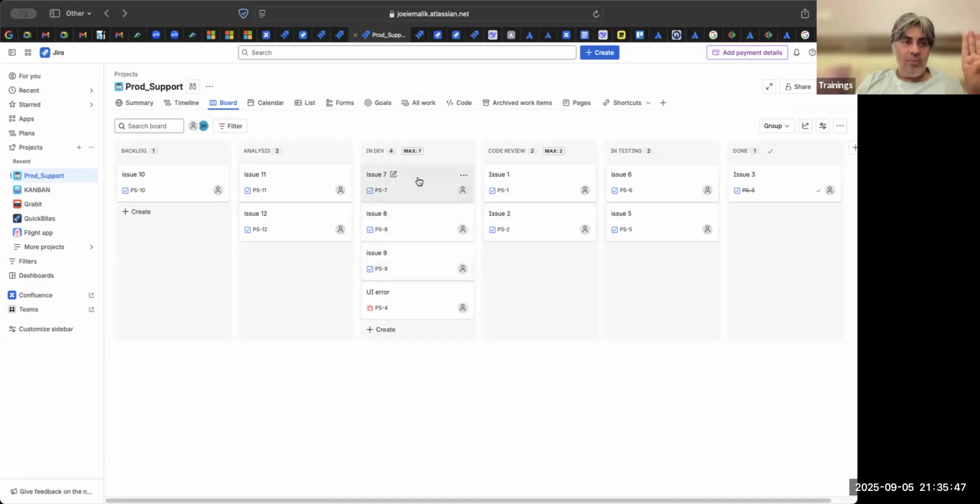So I have 3 developers. One guy is already doing code reviews, so at any given point of time, he will have 2 tickets. He cannot be assigned more than 2 here. And then he can handle 1 more ticket here. So now I have 2 developers left and they can handle 3 plus 3, 6 tickets. So 6 plus 1, 7. In this, I could only have 7 tickets maximum.